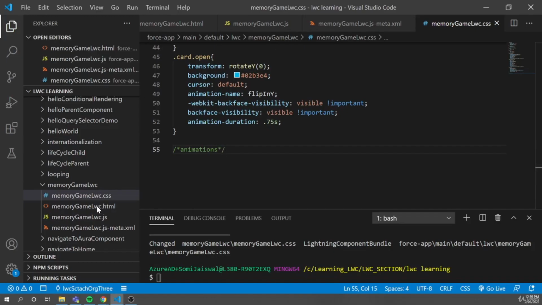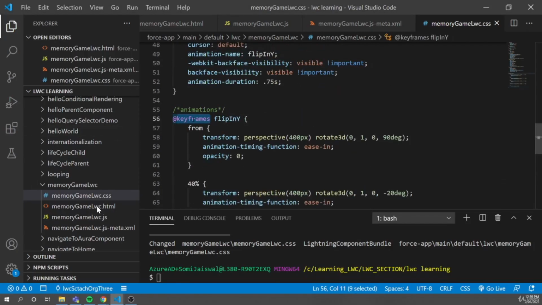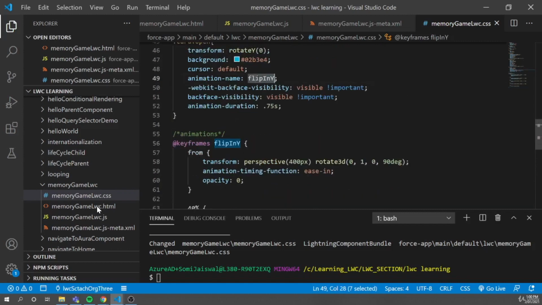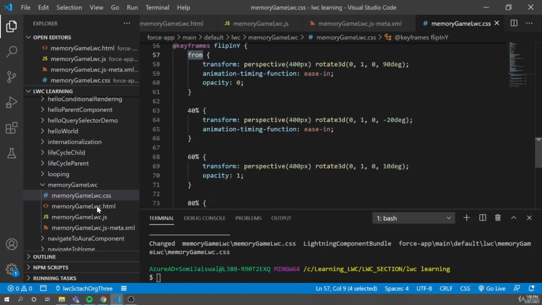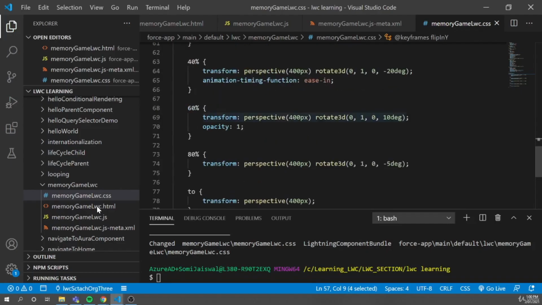And animation always starts with the keyword keyframes. I'll paste it here. You will get all the code in the attachment of the video, so don't worry. So we are passing the animation name. It immediately looks for this name with the keyframes keyword, and it will say from where I need to start rotating, what should be my timing function, what should be my opacity, and likewise it gives the animation for each percentage of flipping basically. So we are rotating to 10 degrees, then minus 20 degrees, minus 5 degrees, and